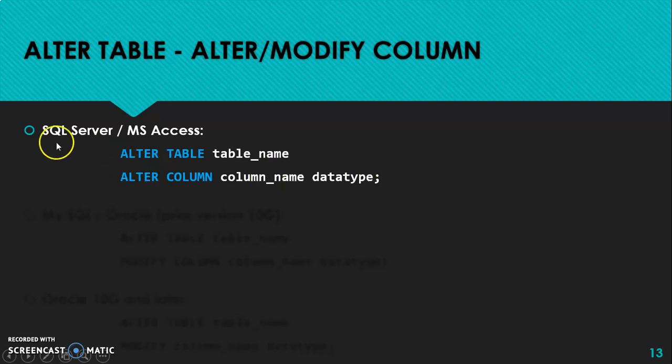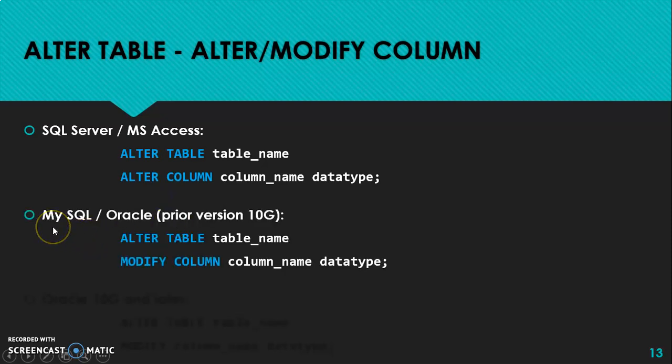So when you're using SQL Server or MS Access, this is the syntax. But when you're using MySQL or Oracle, that is the versions previous to 10G, then these are the syntax. Alter table, table name, modify column, column name and data type. So again here your table name should exist, your column name should exist, you are just changing the data type,